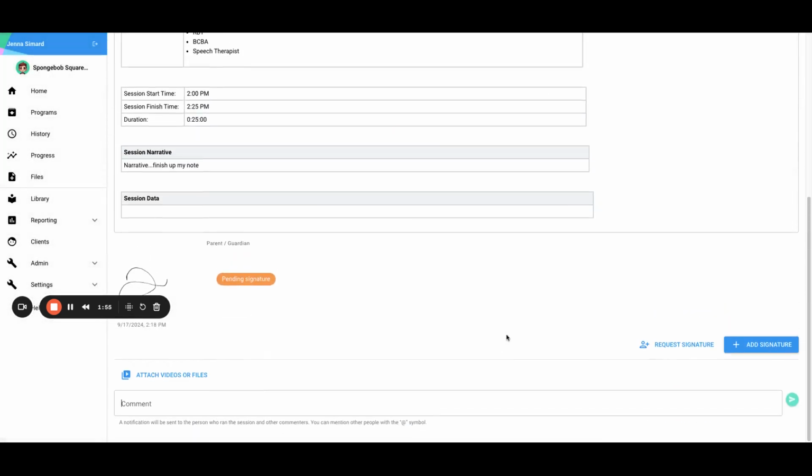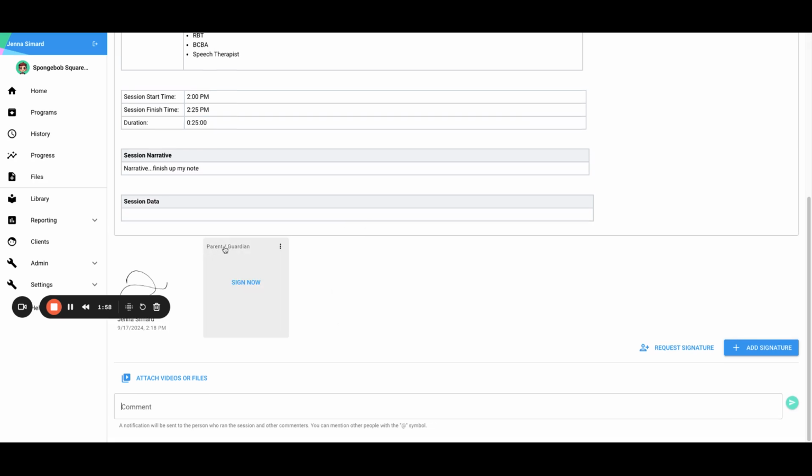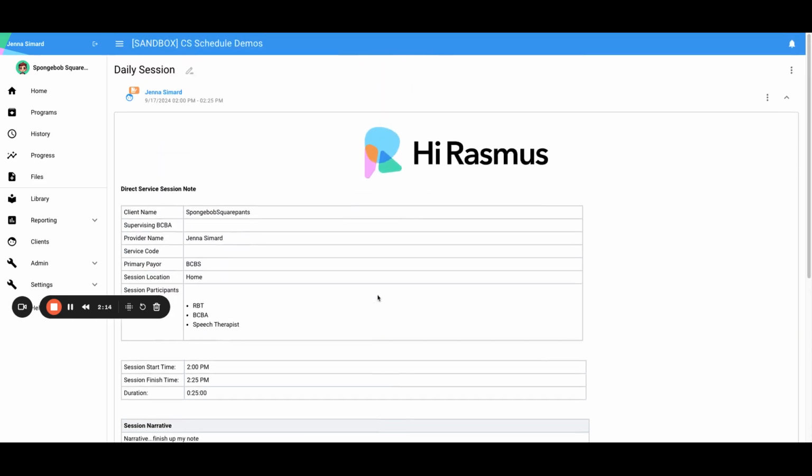And we did set this up to collect an additional signature. So I do have that parent guardian field added to the client. It's not filled out, so it's not sending a signature request to a particular user, but we do have a great video on our knowledge base that goes over collecting parent and guardian signatures specifically on your session notes. But that pretty much sums up